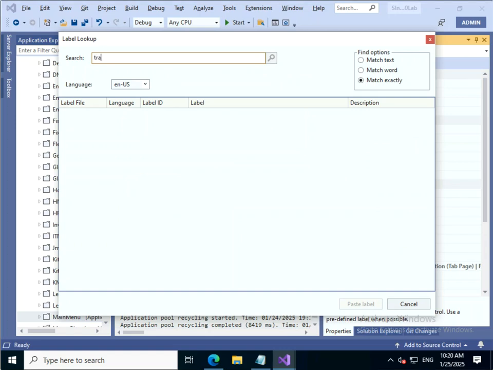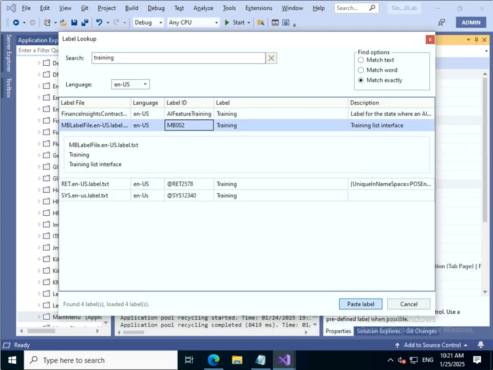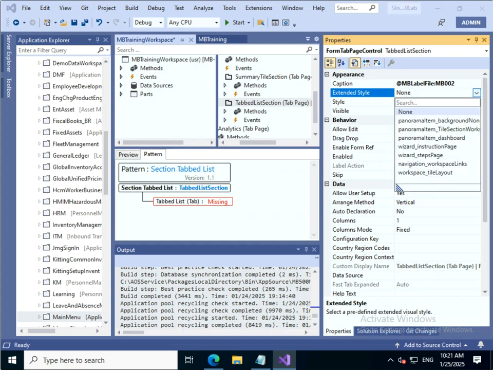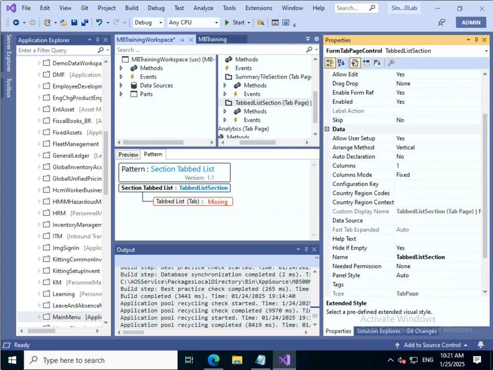Training. Yeah, this is the one. Label, click paste label, and then extended style we are making as a workspace style title layout, and then hide if empty will make it no. Even though if it is empty, we can let the control show on the page. So the last one,